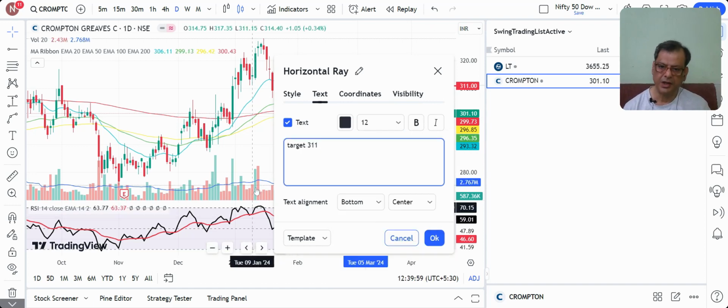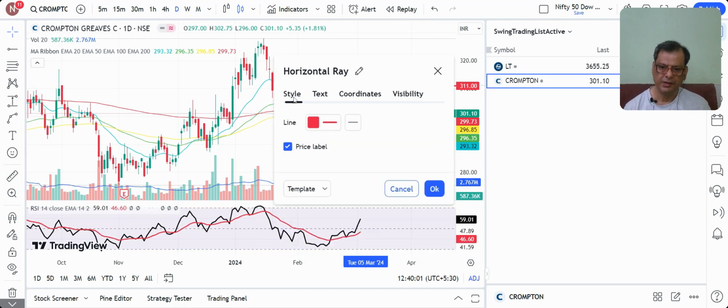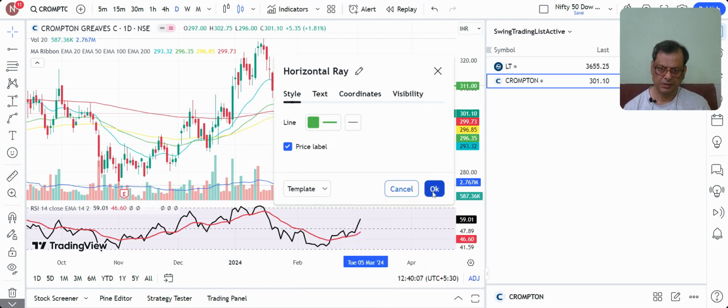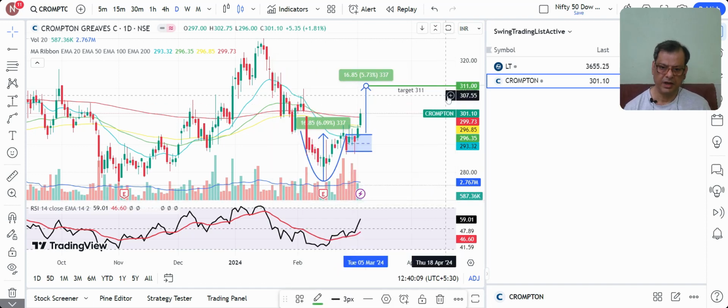You can write something here so that when you look at the chart, you don't have to remember. Your target is 311. What is your entry point? So your entry point here will be on the breakout of this flag pattern. I'm sorry, the handle pattern. There is 293.45. So you can take an entry at